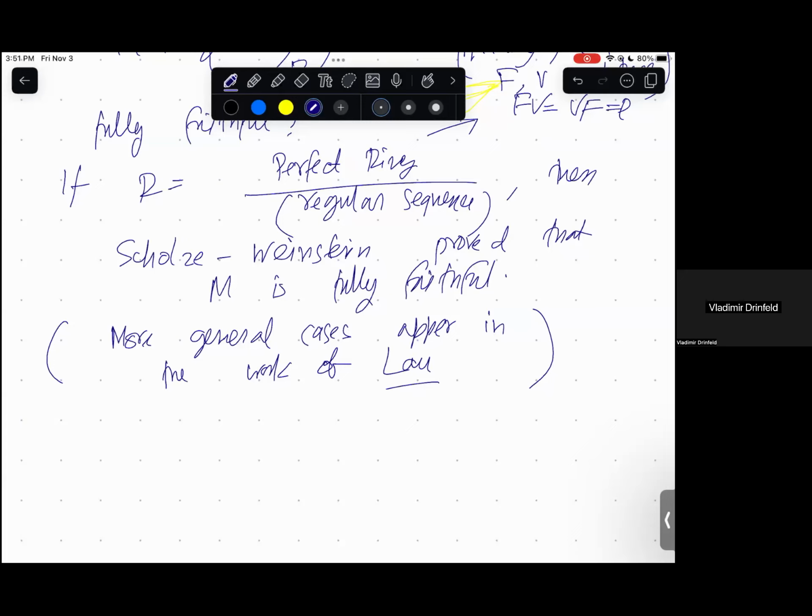hopefully equivalent to the category of p-divisible groups. And on the other hand, this category is described in terms of something like crystalline cohomology, in terms of some stack which is defined in the spirit of crystalline or prismatic cohomology, and moreover,